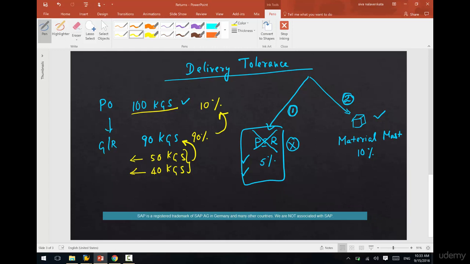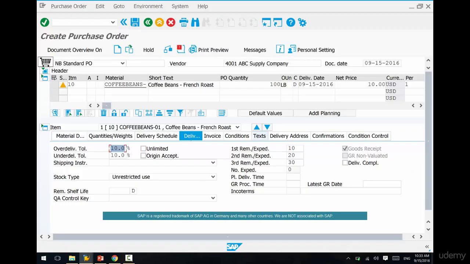Ideally, the expectation is that by the time we achieve 90% of the goods, the vendor does not need to deliver further. The PO item can be deemed as complete, right? That's the intention. We want to cut it off. We don't need it anymore. Let's see it in action. So the first step, create a PO for 100, right? We have it right here. We created a PO for 100. And we can save this,